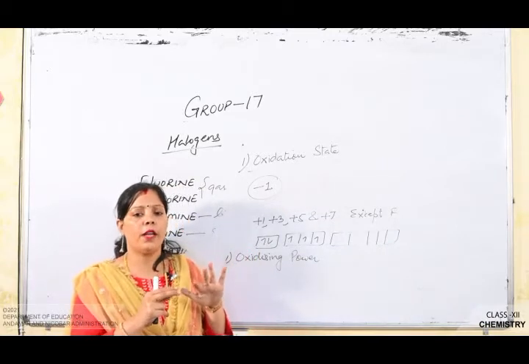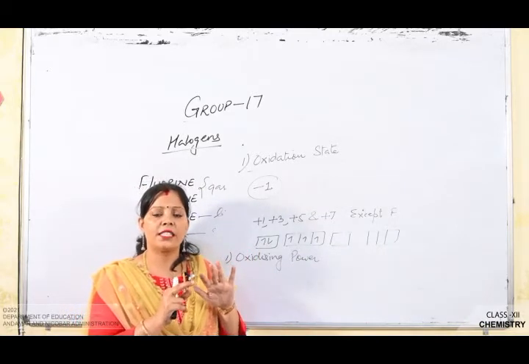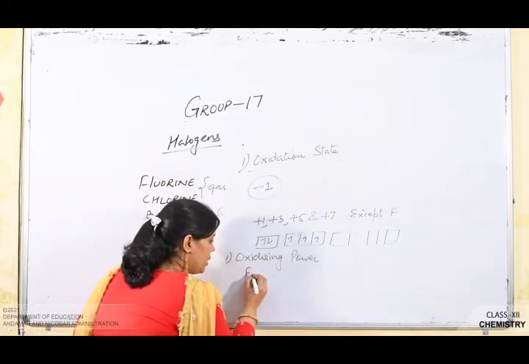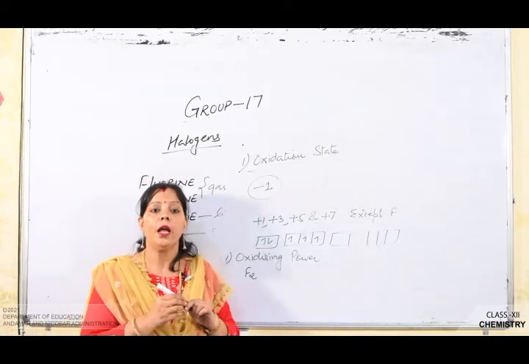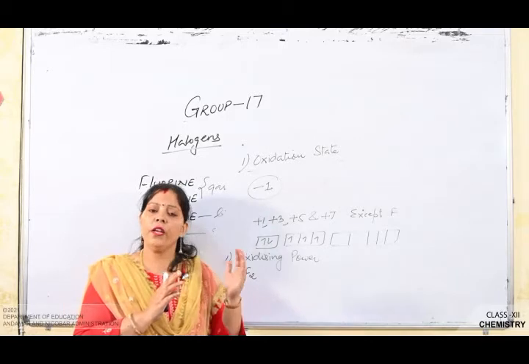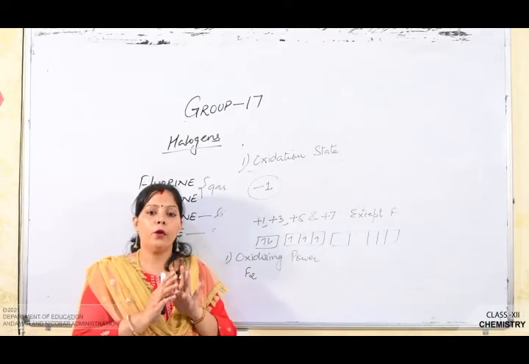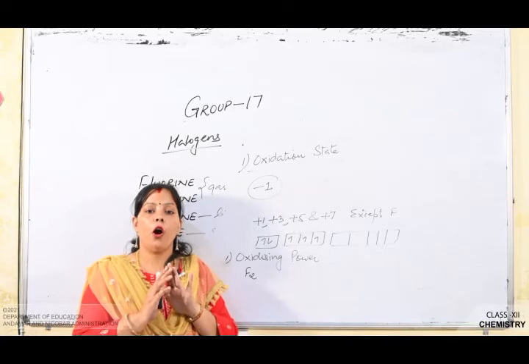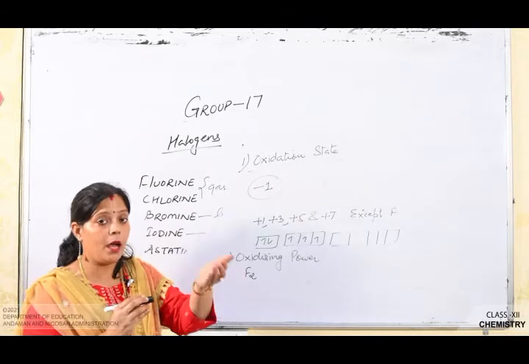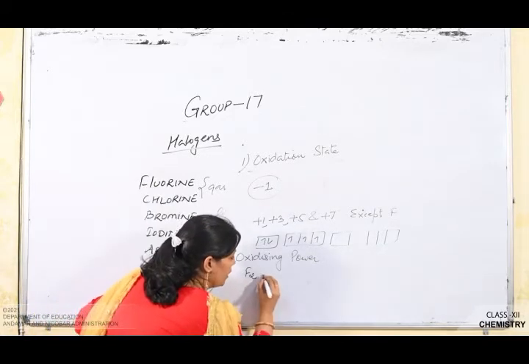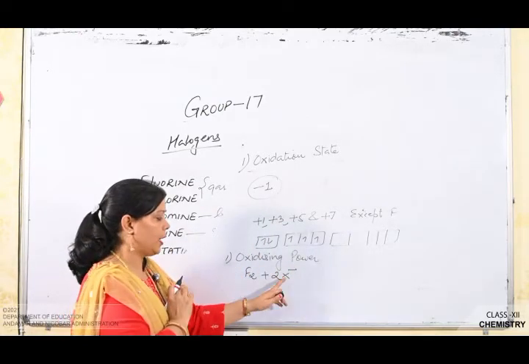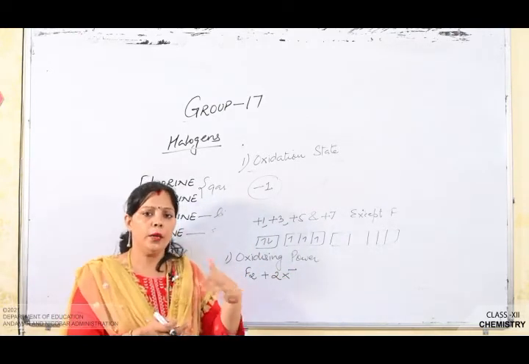The acceptance of an electron is due to the strong oxidizing nature of halogens, in which F2, fluorine, is the strongest oxidizing agent, and it oxidizes the other halide ions in solution or even in the solid phase. In general, a halogen oxidizes the halide ion of higher atomic number. So fluorine has a tendency to oxidize the other halides also. When fluorine combines with another halide, for example at the place of X minus halide ion, at the place of X we may take chlorine, bromine, iodine.